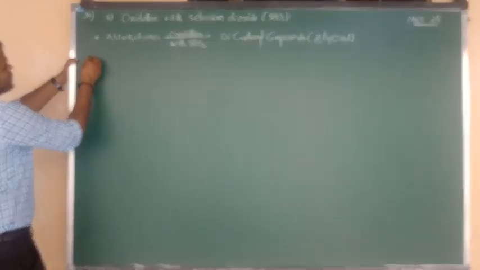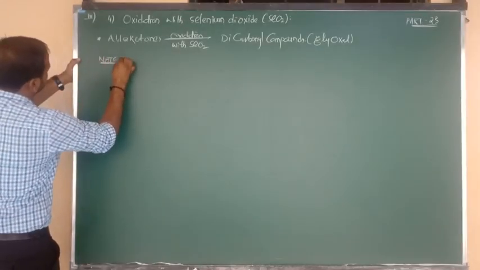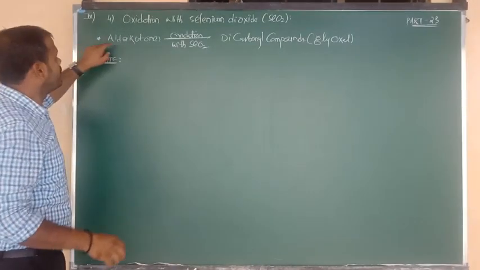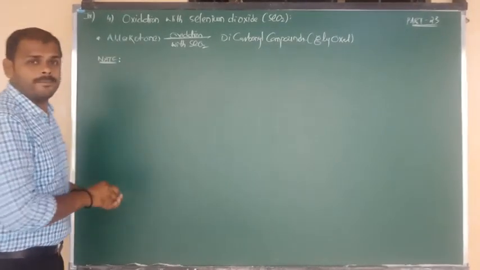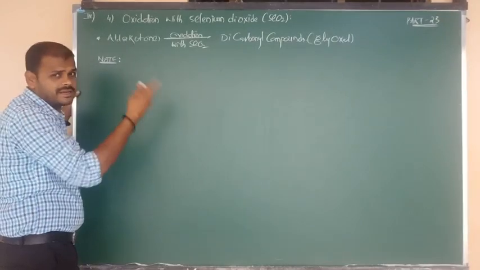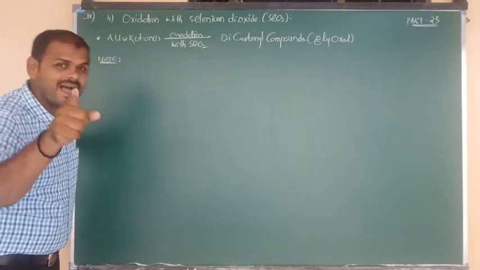In this reaction, try to remember one more point, which is very important. Consider an aldehyde or a ketone. Both are carbonyl compounds. Carbonyl compound means they already contain a C double bond O group. The carbon adjacent to C double bond O is the alpha carbon, as I have told you many times.